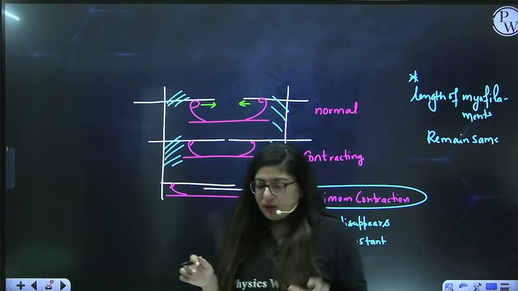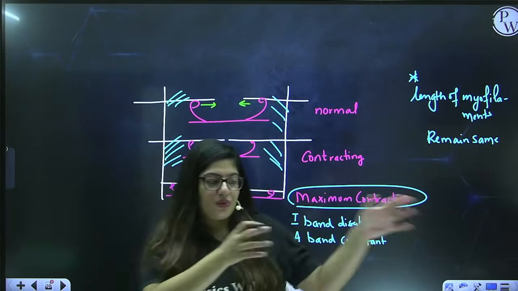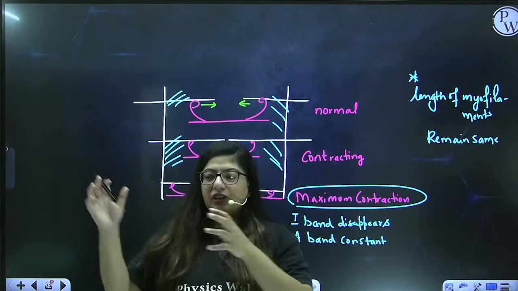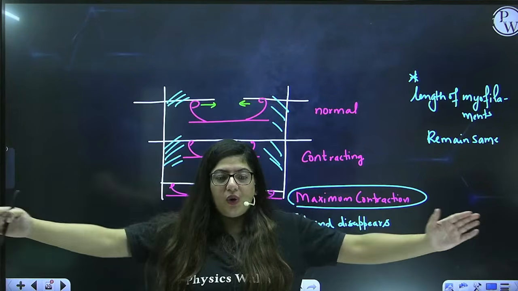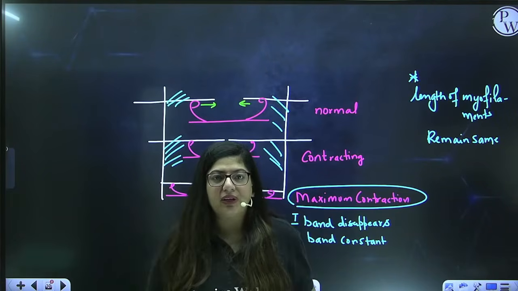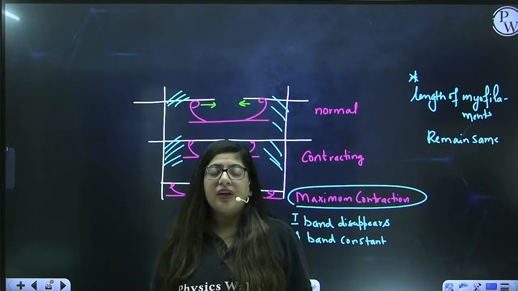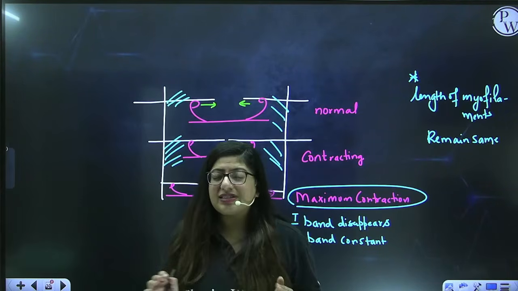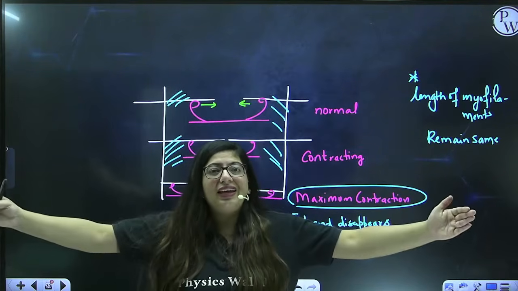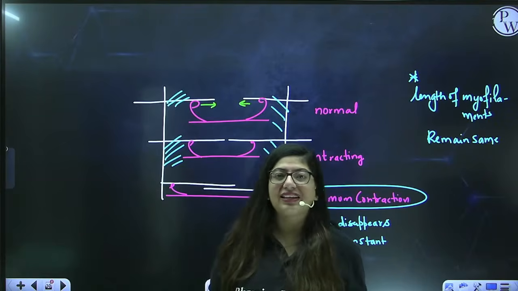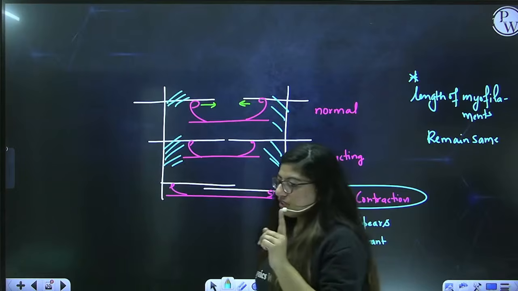For example, you are sitting in a class and there is a row of tables, right? And there are 3 rows, 1 2 3. When there are 3 rows of tables in the class, in the center there is a space present. What if I join all the 3 rows together? The center place will disappear. All the tables are joined together. So during this process, is there any change of the length of tables? No, the length of tables remain the same. Only they have been joined to each other. Just like that, myofilaments are just overlapping each other. They have not changed in length.